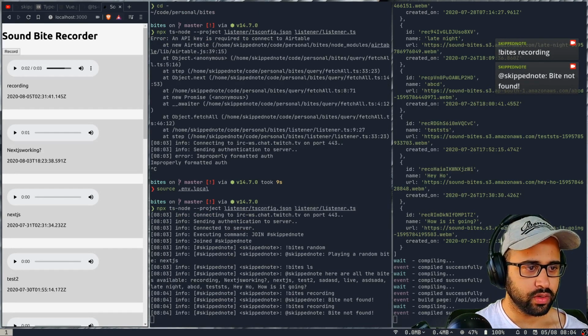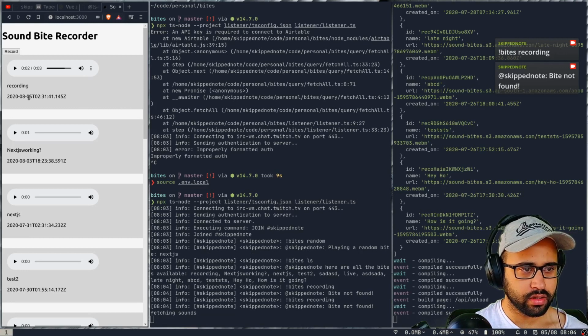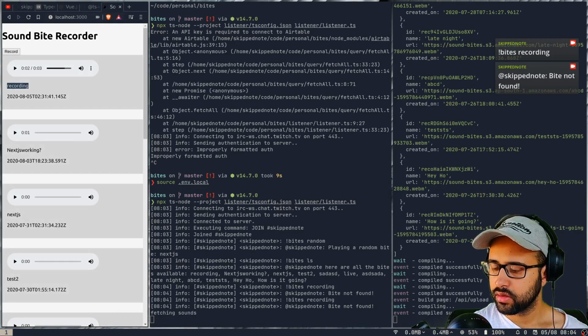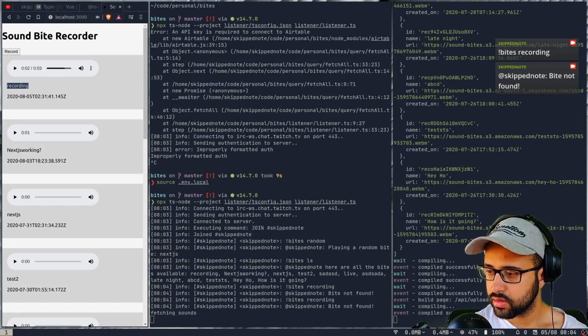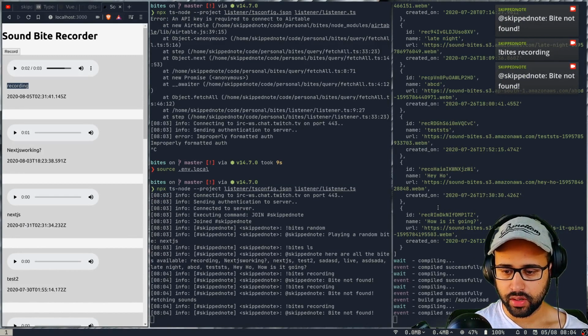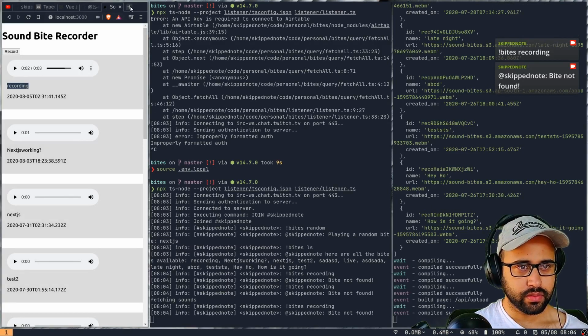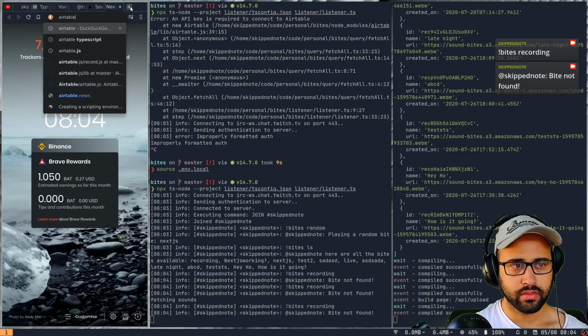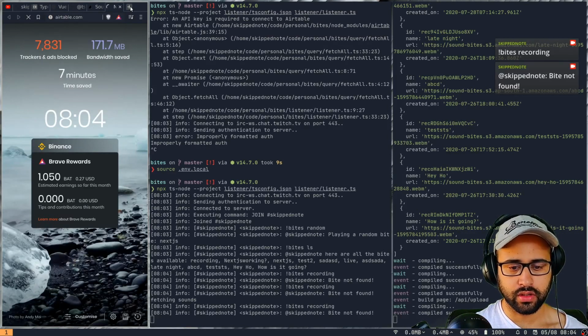It says byte not found. It's called recording here, so that is something. Bytes recording, yep, no recording found here. So let's see on Airtable what's the name that we have stored.